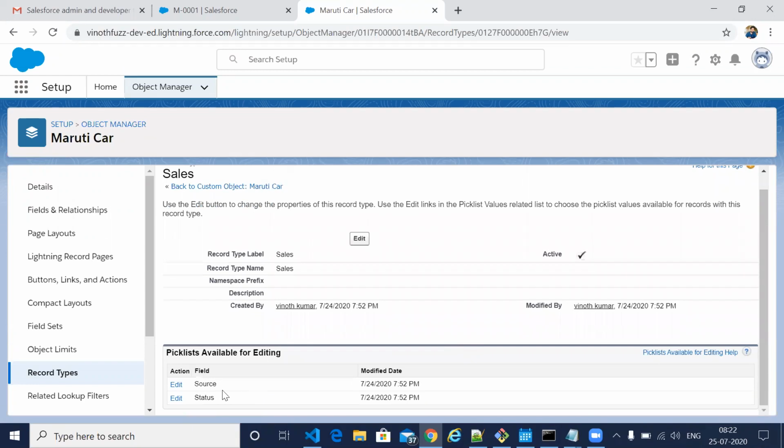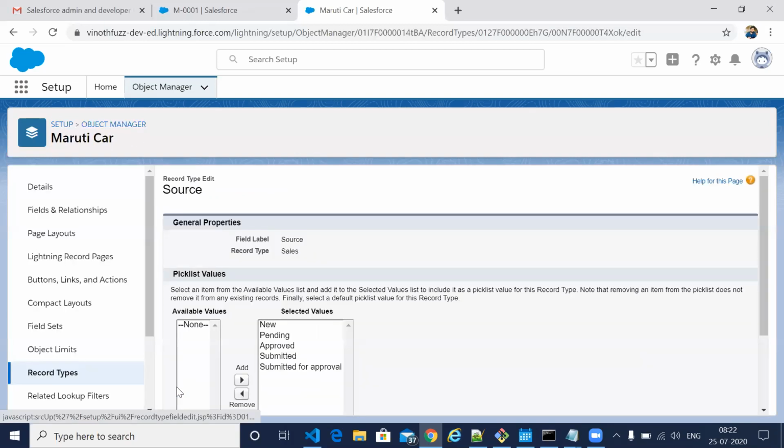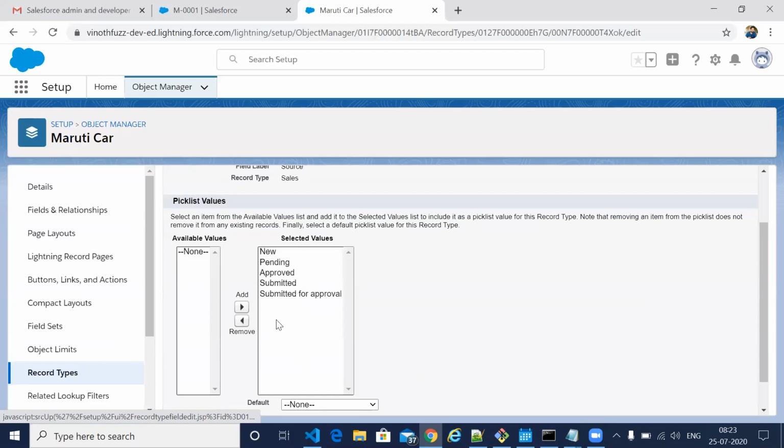Okay. After saving, here you will be able to see the pick list available for editing. Like I said, we can control the pick list inside record types. Let's say I go to this source pick list field which I have created. I have created these values: new, pending, approved, submitted, submit for approval.